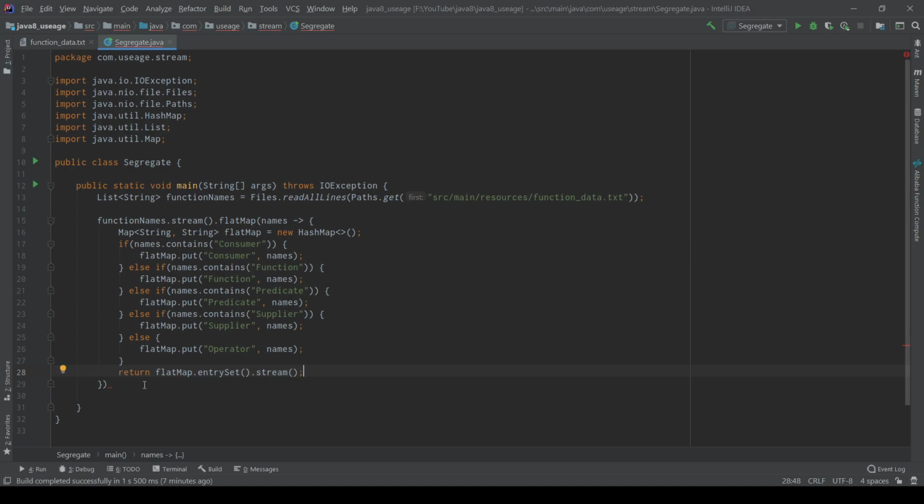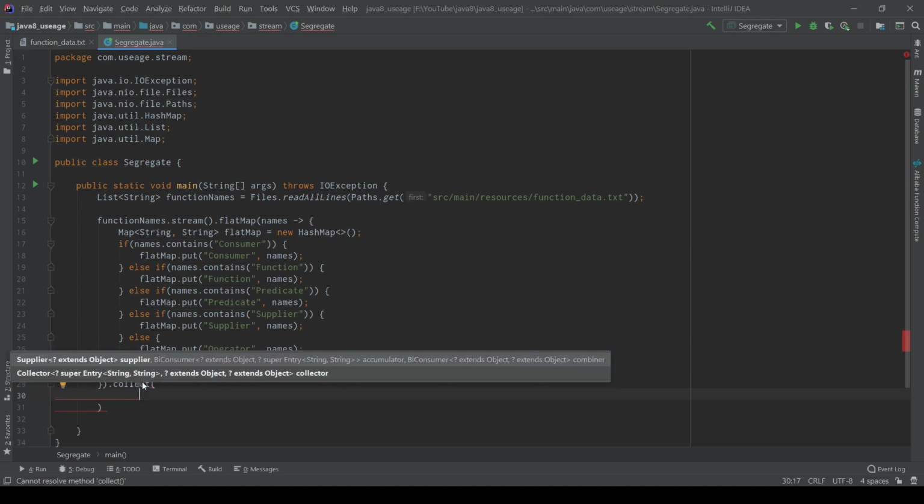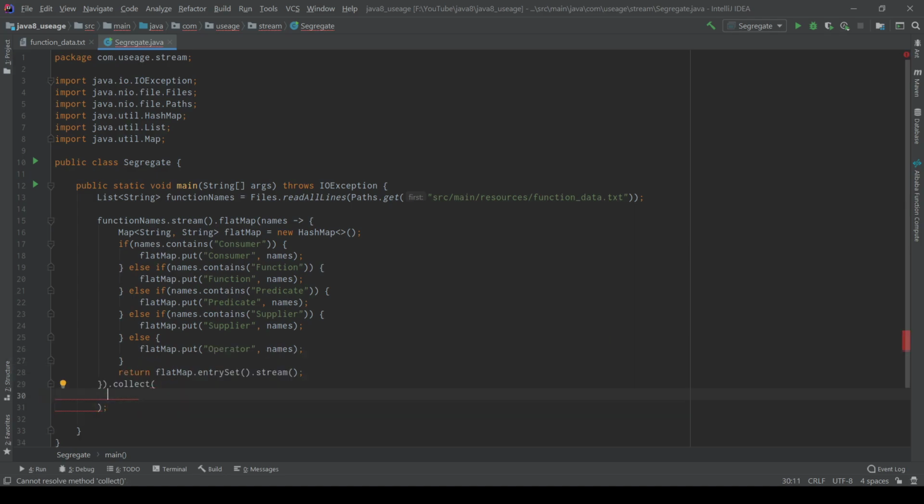After the return, I have to collect with a collector. In the collector, I have to make it a group by. We have a static method in the Collectors class, Collectors dot mapping.